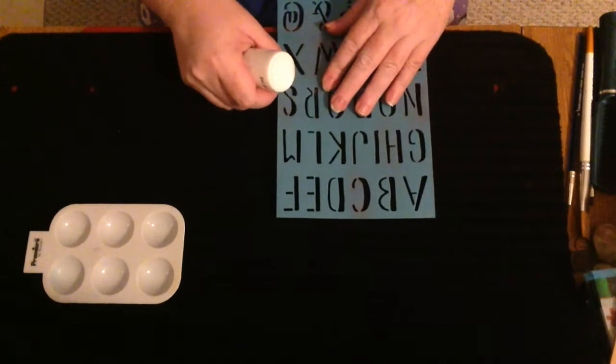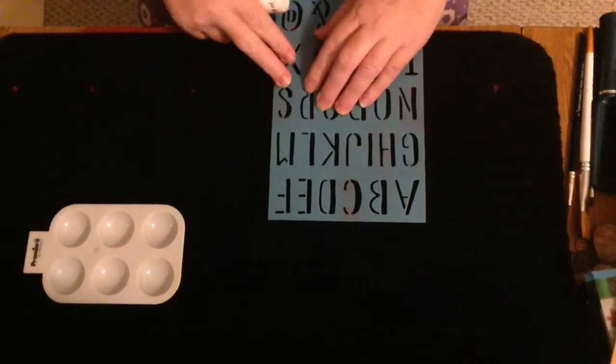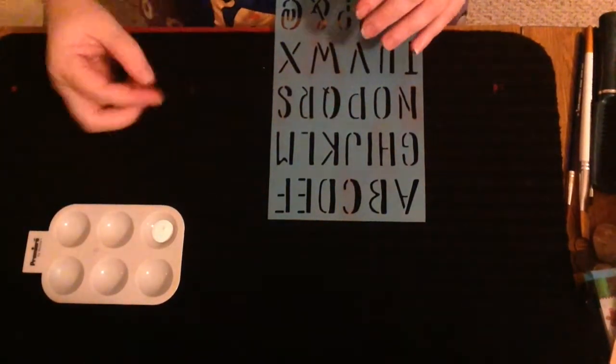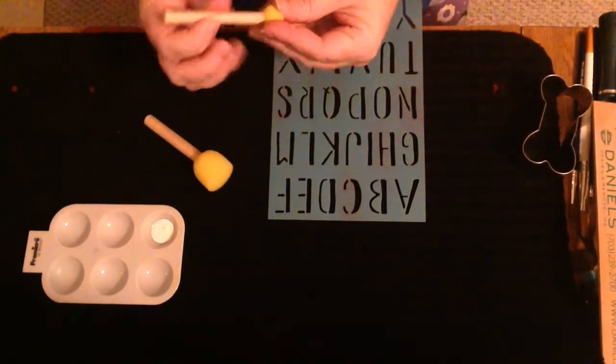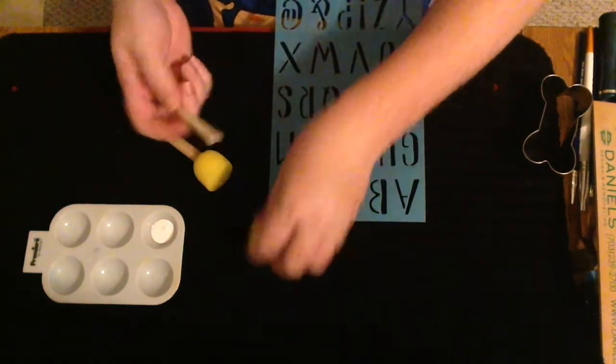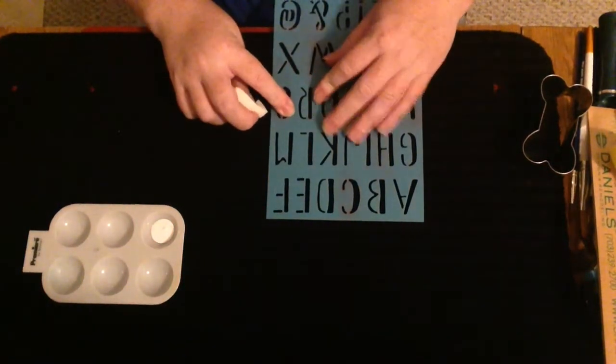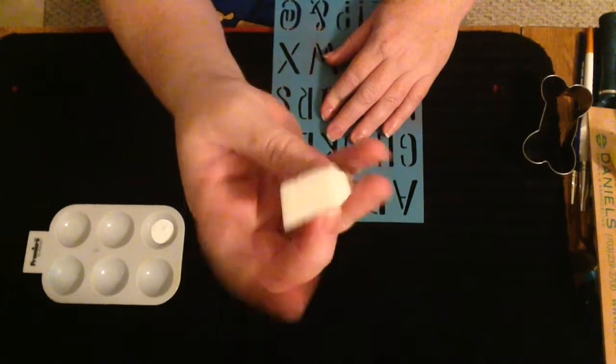But essentially, you'll line your letter up with the first line that you want to have the lettering start on. I'm going to put paint in here. And then ideally you want to use a dabbing sponge, which this one I have to glue back together, so it's not going to work tonight. Ideally the smaller one for the smaller letters, but the big one I think will run too much of a chance of crossing over to the other letters. So I'm just going to again use that triangle makeup sponge